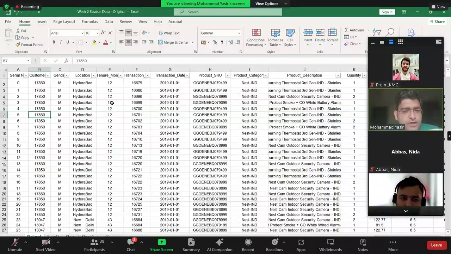So it is important to understand first what the data set is. Then we will do some basic checks whether the data is correct or not, and then we will start with more data cleaning and data analysis, right? So all these steps I have listed down as well. You don't need to take a note right now.